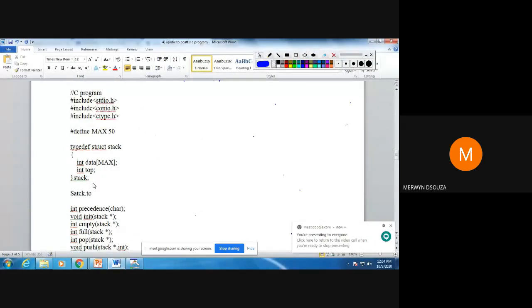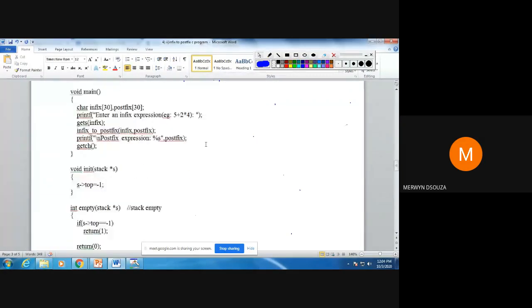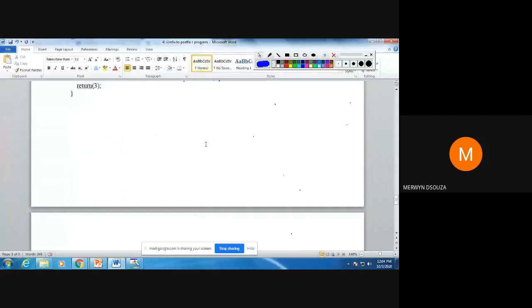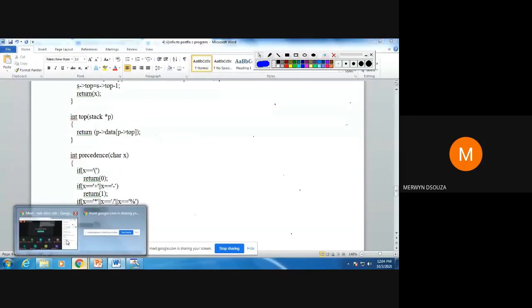You could have declared it as a global. This spelling of stack has come out wrong, but this is stack dot top equal to -1. You could have defined it here. This is a variable, so use this variable to access this. You would have accessed it like that. Clear? Any other questions?